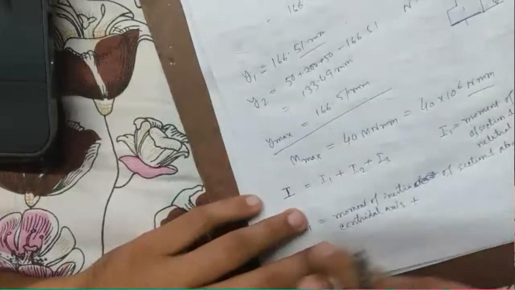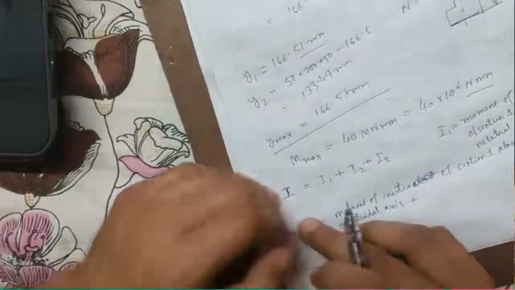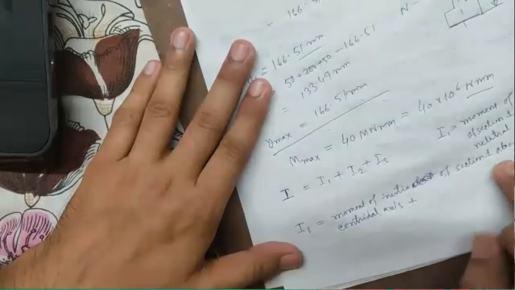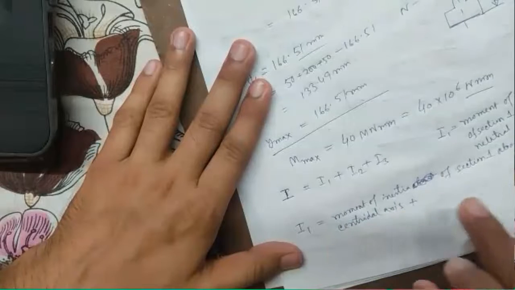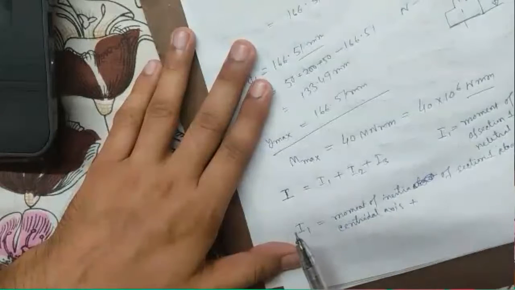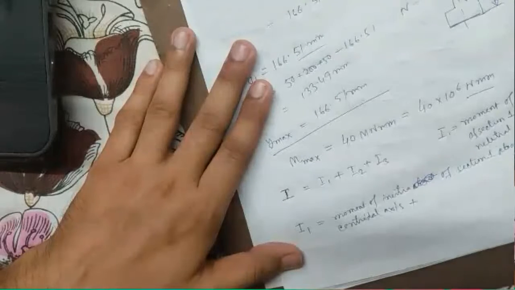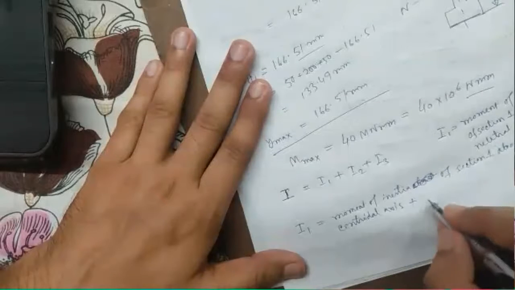We will use the parallel axis law. So the moment of inertia of section 1 about its own centroidal axis, plus we have to shift that moment of inertia to the moment of inertia of the whole section, plus